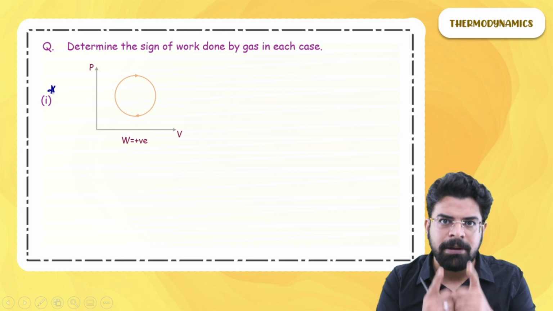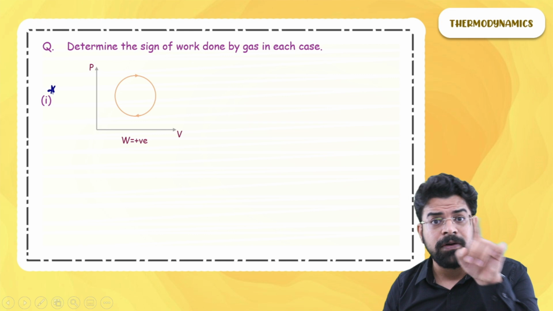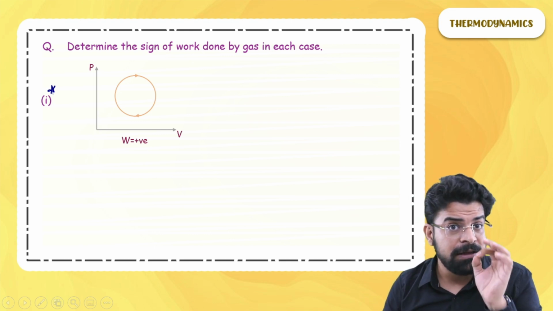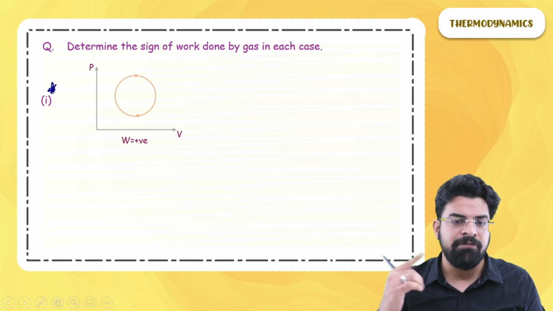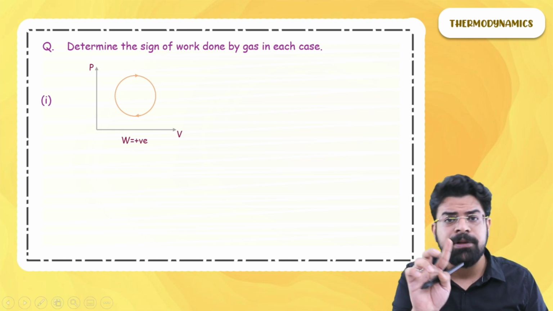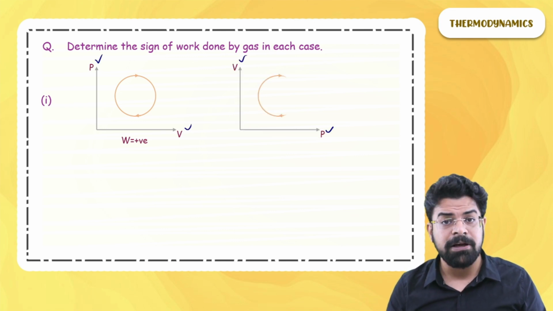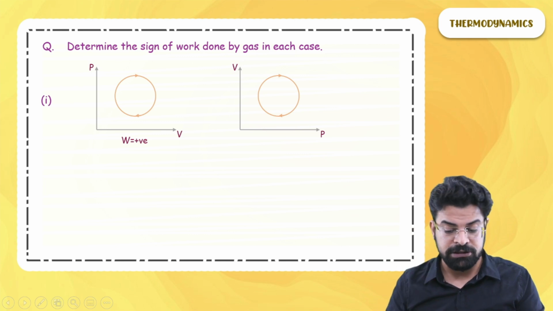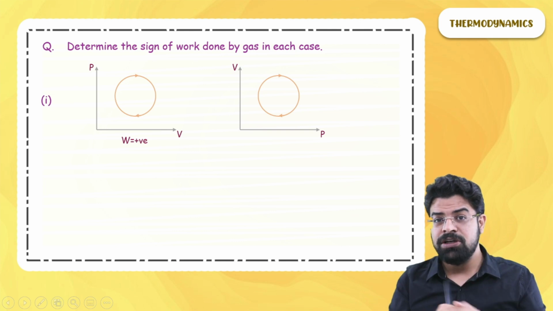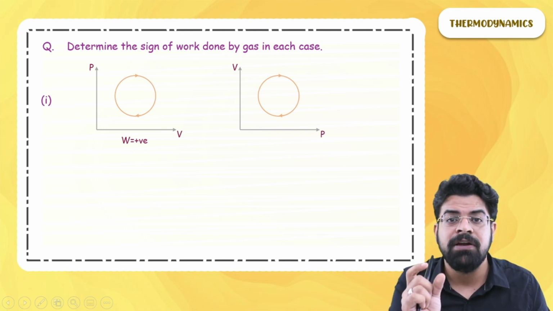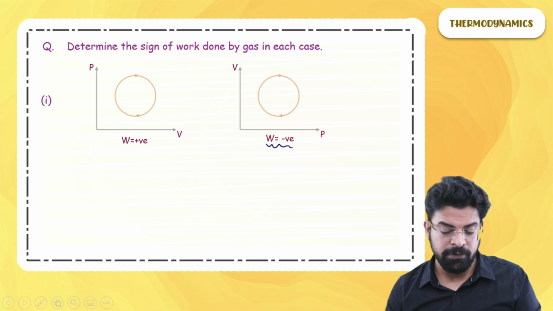And when you remember that, you are remembering it for physics. For chemistry, if you see a clockwise process on the PV graph, then the work done is negative. So just remember one thing, and using that you can answer it every time. Now, if they flip the axis and give you a VP graph with a clockwise process, the sign of the work will flip. So the work done in this case will be negative, as you have flipped the axis.